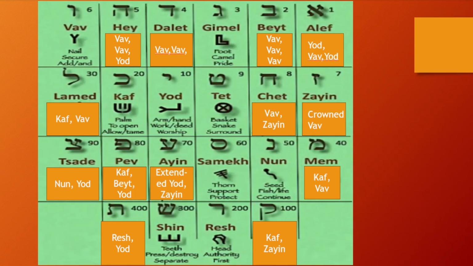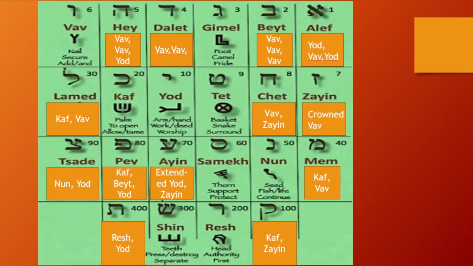Lamed is then a kaf vav. Lamed is a kaf. So you see the seat of a throne. It is making a connection. And that's because Lamed means to release a word. If you look at Mem, Mem is also a kaf. So you see here is the kaf and there's the vav. Again, it is a throne making a connection, connecting or releasing.